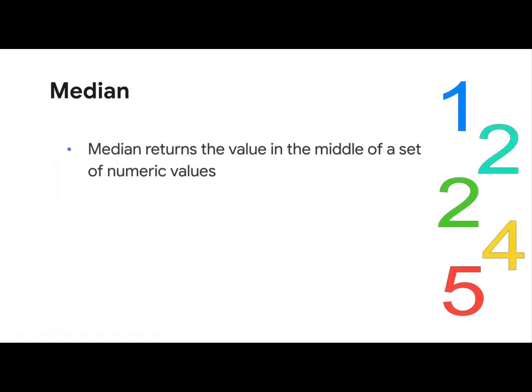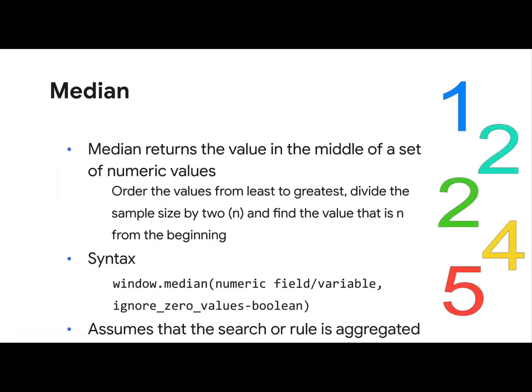The median is calculated by taking all the values in a dataset, ordering them from least to greatest, and then finding the value in the middle of the results set. Using our example here, we have a sample set of 5, so the middle would be the third value in the dataset. In this case, the third value is 2, so while the average is 2.8, the median value here